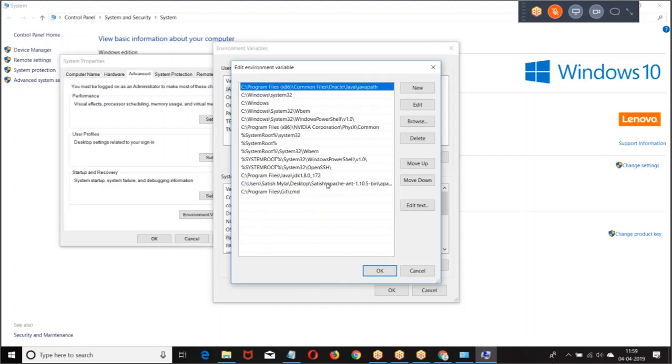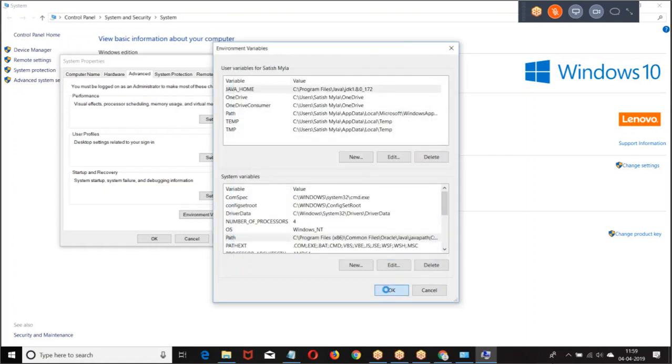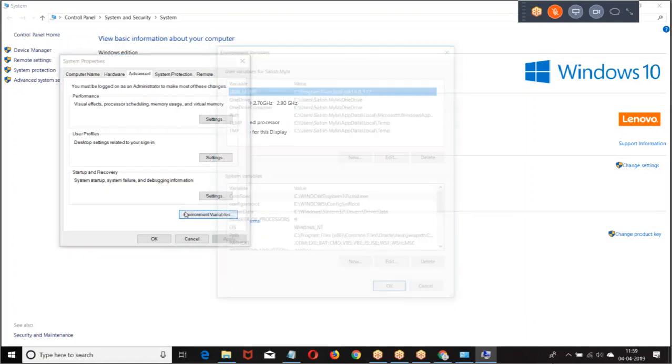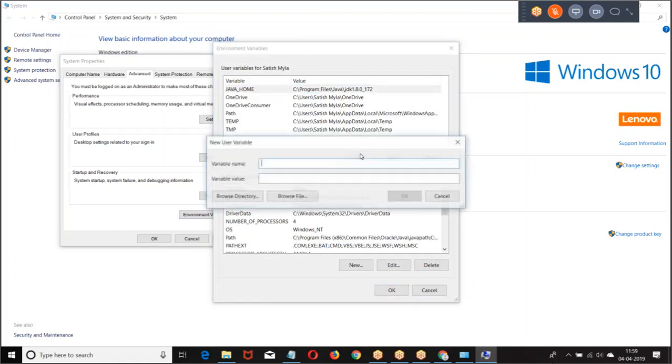So I have JDK, Apache ANT. Okay. Now go to environment variables, new.